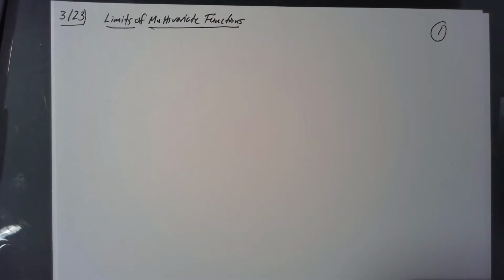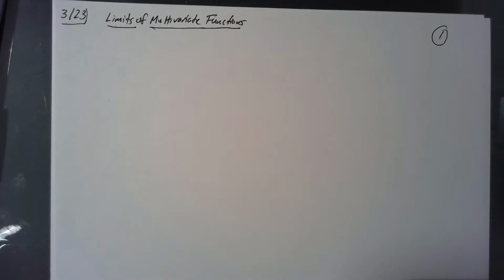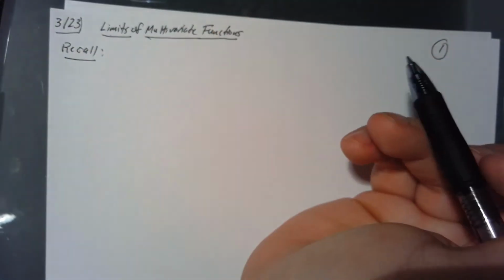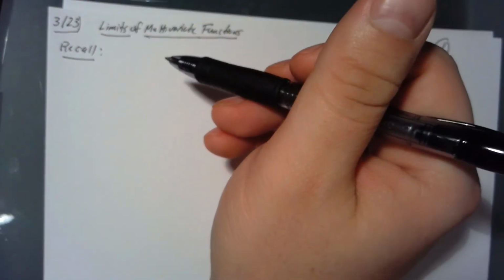You might want to refresh your memory on how we evaluate limits of multivariate functions, but I was going to continue with some more examples of that now. So basically the idea behind finding the limit, so this is something we did talk about, but I want you to recall it anyway. When we're finding limits of multivariate functions,